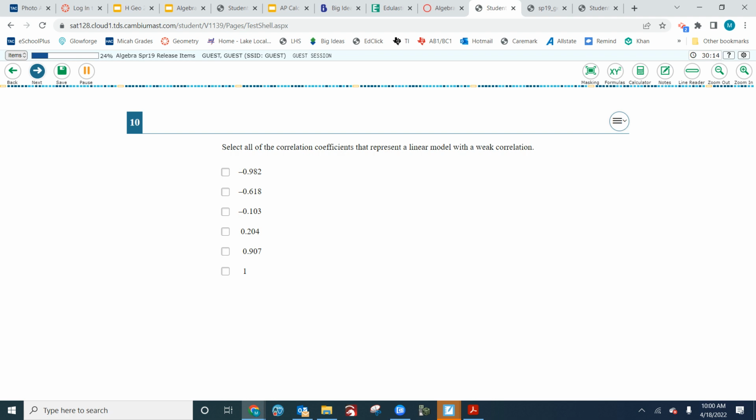What does it say? That's a strong correlation, right? Now, I think, didn't we talk about this, Mr. Westwell? I think anything 0.6 or above is strong to them. Okay? So this is considered strong. Is this a strong correlation, 0.1? No. That's weak. What about 0.2, guys? Weak. 0.9, very strong. 1, the strongest you can get. There's your 2 weak correlations. Doesn't matter positive or negative, guys. Do you guys understand that?